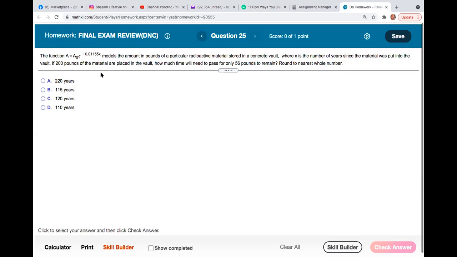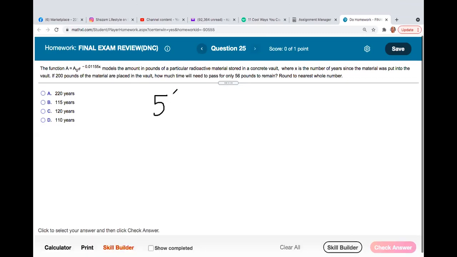So 200 pounds of material are placed in the vault, so A sub 0, the initial amount, would be 200. They want to know how much time will pass. X is the number of years, so they want you to solve for X, for only 56 pounds to remain. So you go into the formula and substitute 56 for A, that's the total remaining amount, 200 for the initial amount, A sub 0, times e raised to the negative